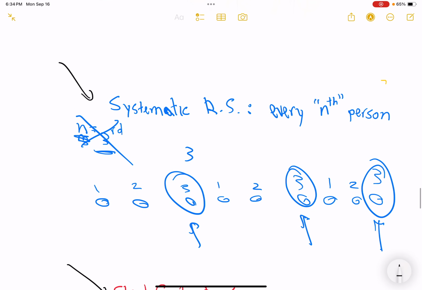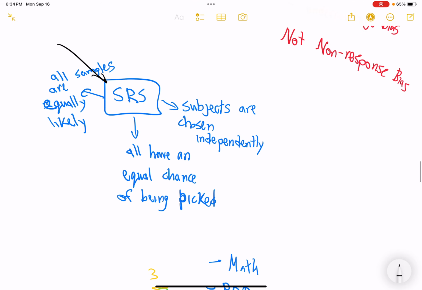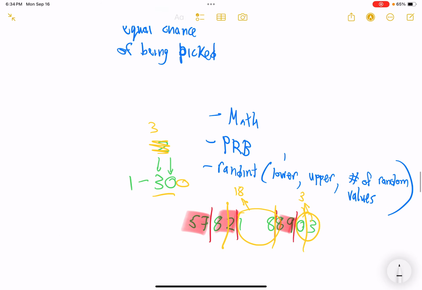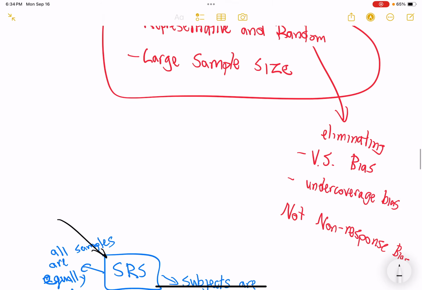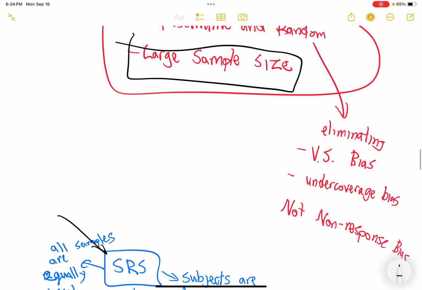We've also learned about systematic random sampling, aka every nth person, where we group people, and this often happens, I will add, when we don't have a list. Right? We don't have a list of people, so we just pick every nth person. And on the other hand, that's why we have simple random sampling, is if we do have a list, we can just assign numbers to every person on that list randomly, and then we randomly select digits from a method. We learned how to use a calculator to do that, as well as a random number table. We then also learned about having representative and random samples, and to again have large sample sizes, please, my legends,